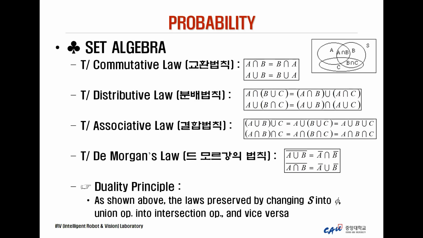The complement of A union B is the same as the complement of A intersection the complement of B. Also, the complement of A intersection B is the same as the complement of A union the complement of B. So you have a duality principle, as we have seen, the laws preserved by changing